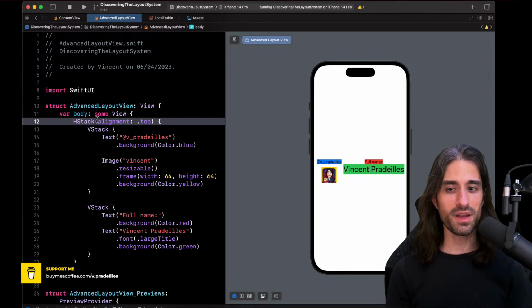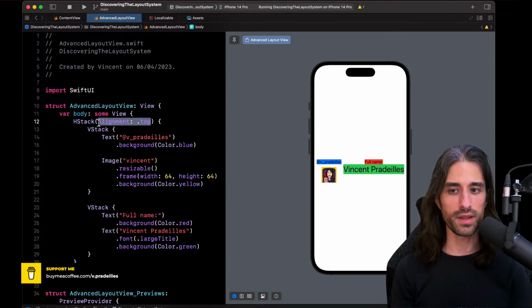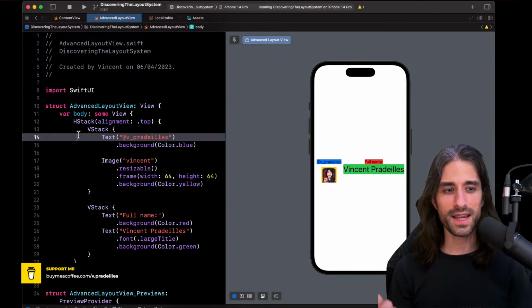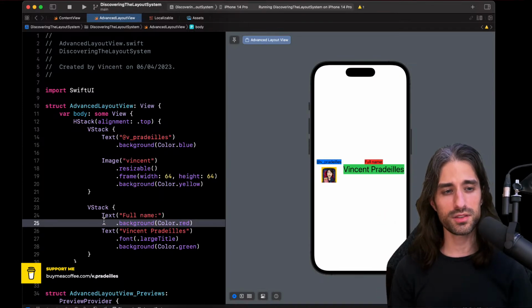With the alignment system that is available with HStack and VStack, we can only align the child views in a global way, meaning that we are saying, okay, all of the children should be aligned in that way. But we cannot align one element in the first child relative to one element in the second child. We cannot make the two child views, the two branches of the tree that represents our view hierarchy, communicate with one another.